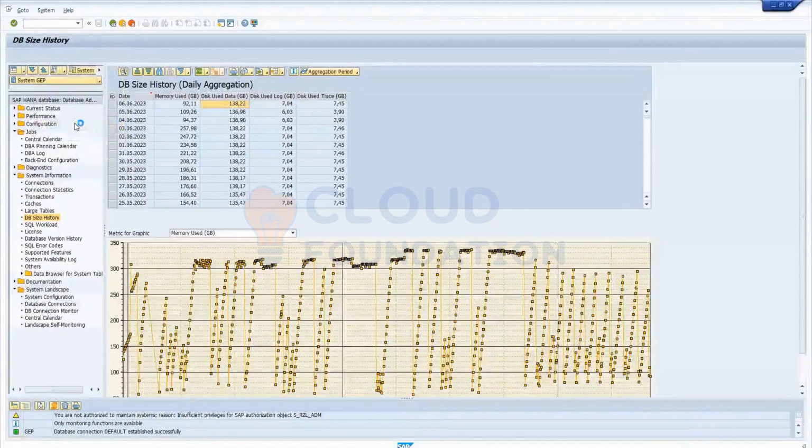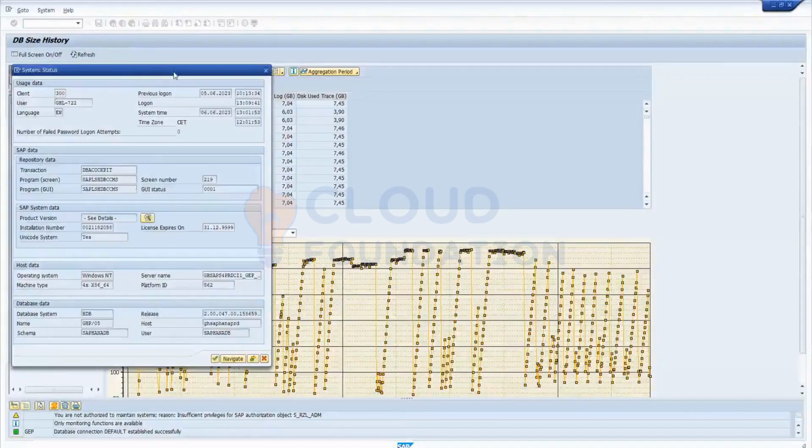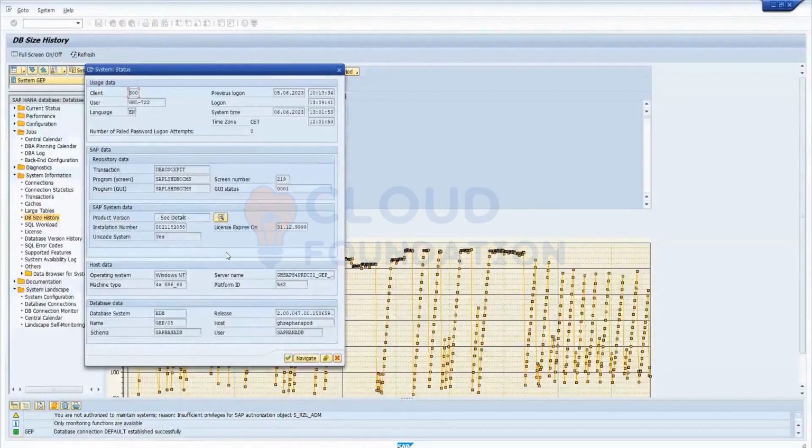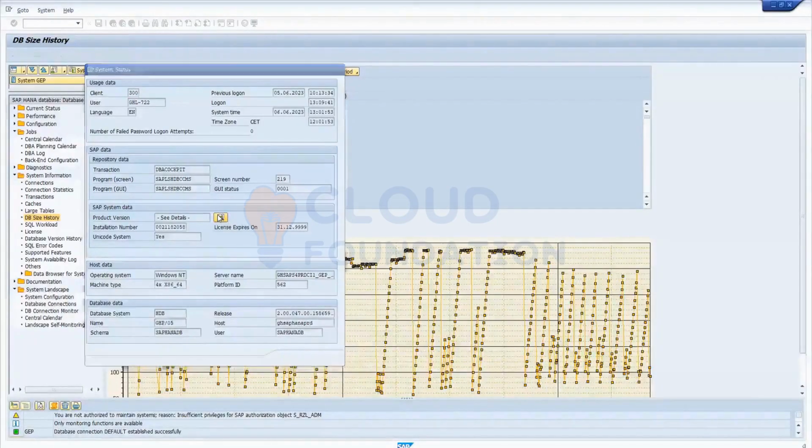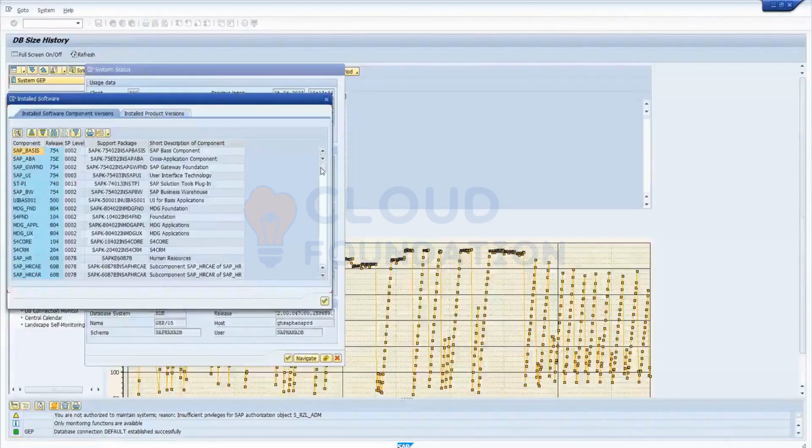I think your company is using this product for finance and HR. You can go to the product version. What is the product version? Are you able to see?